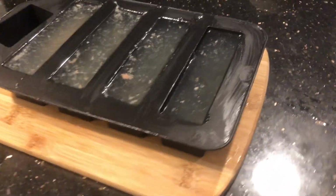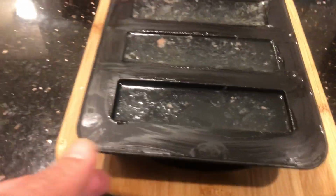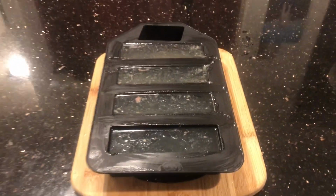Before you start filling in the mold here, you want to put the mold on a little tray that you can transfer to your freezer. It makes it easier because lifting this you can spill stuff. Or if you forgot, you can leave it in room temperature, let it solidify a bit and then transfer it. I'm gonna cover it with